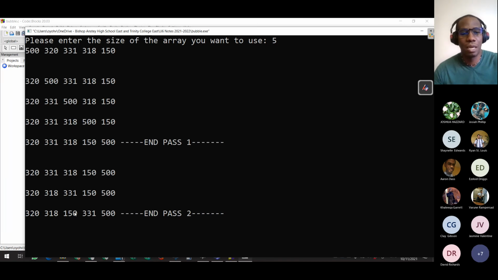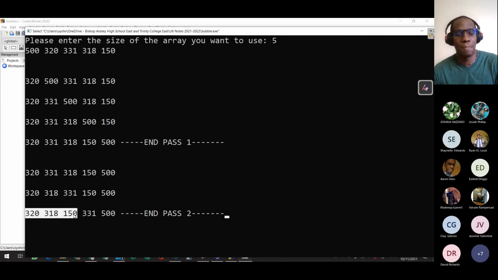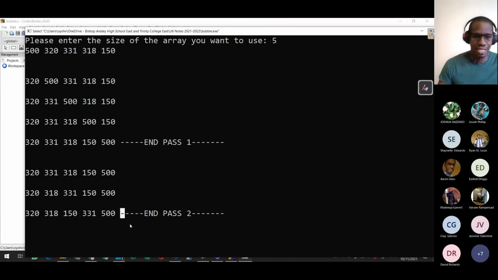Now, when the next one, we know that it doesn't make sense to compare 150 against 331 or 500. So that's why we say, all right, if we had to compare 4 values against the one after it, now after this one, it only makes sense to compare 3 values with the one after it. The next round, it only makes sense to compare 2 values with the one after it, because after the next round, the 318 would have been put into place, and we don't need to compare anything with